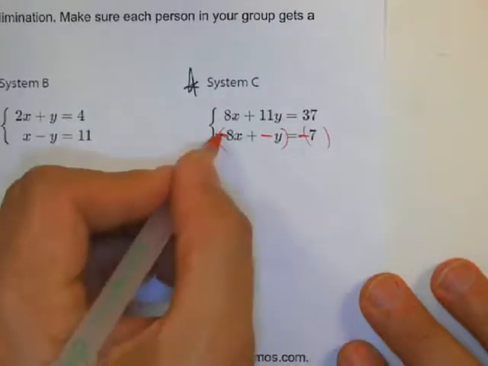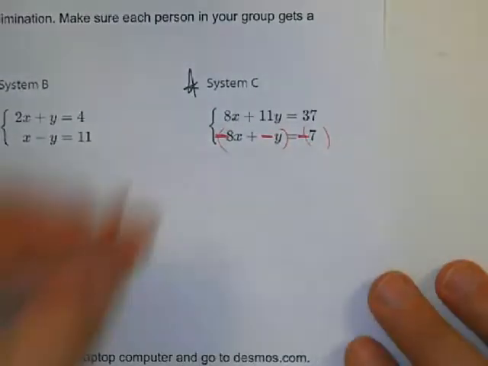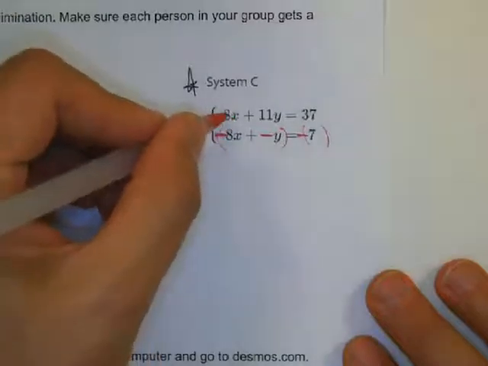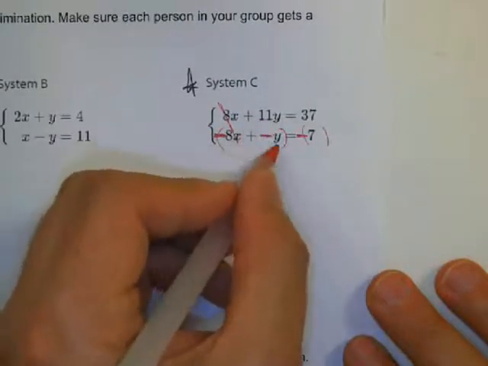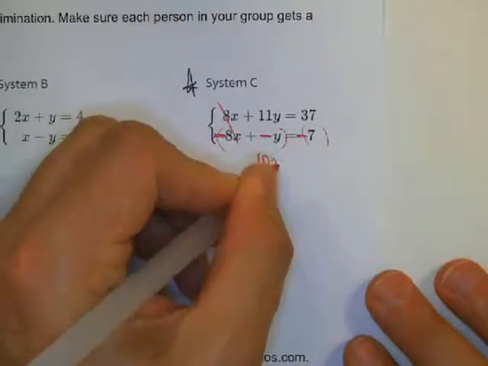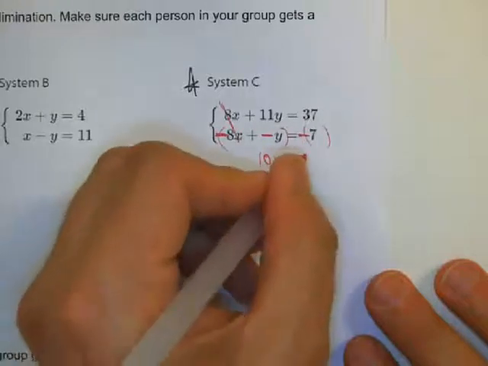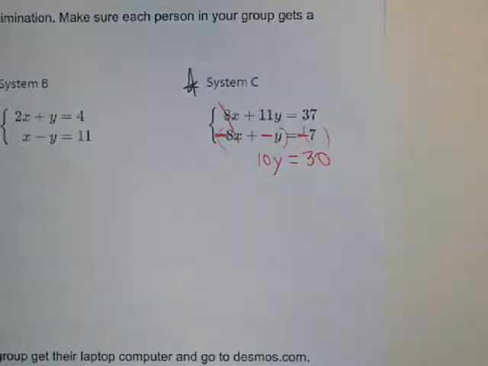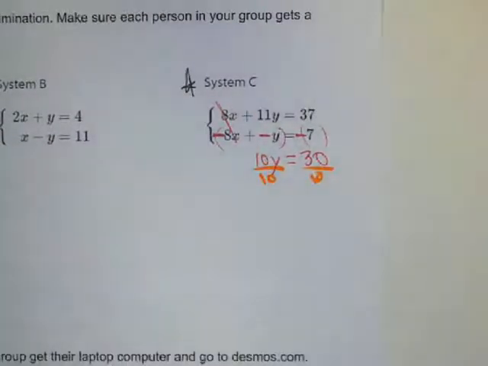Now, if I add the top and bottom, I'm going to eliminate the 8x. 8x minus 8x, that's going to go away. 11y minus y is going to give me 10y. And 37 minus 7 is going to give me 30. Okay, so now I can divide both sides by 10, and then I get